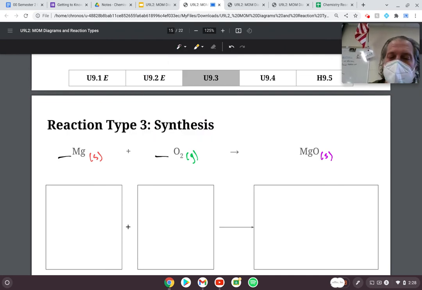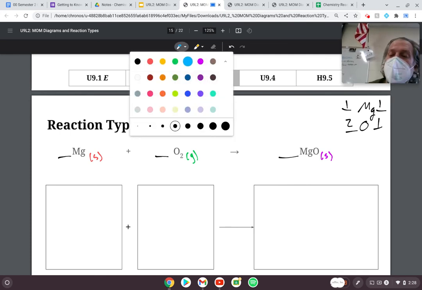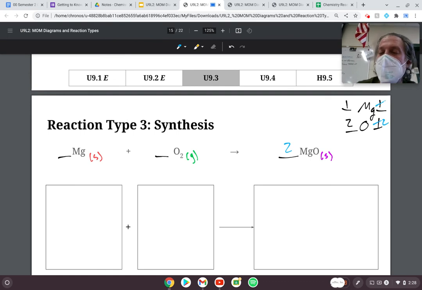So when we balance this equation, we're looking just at the relationship between Mg and O. On the left side, I have one magnesium and two oxygens, and on the right side, I have one magnesium and one oxygen. I'm going to assess the magnesiums, and there's one on both sides of the reaction, so that's okay. I'm going to leave it alone. My oxygens are out of balance. There's two on the reactant side and one on the product side, so I need to put a coefficient of 2 here, which not only gives me 2 magnesiums, but it also gives me 2